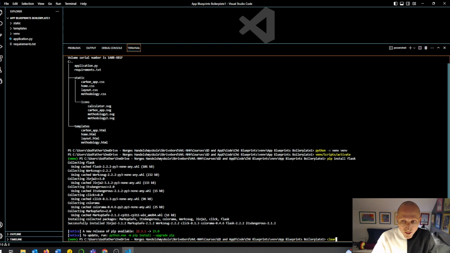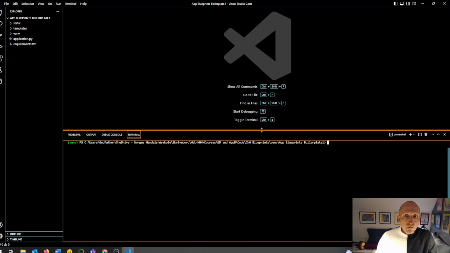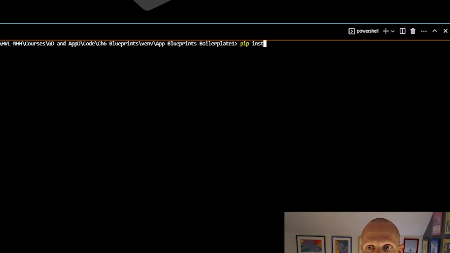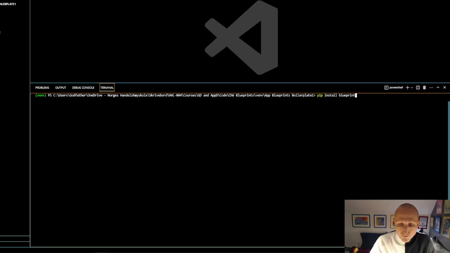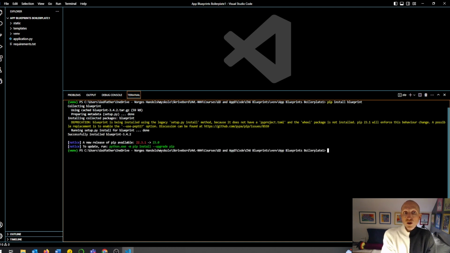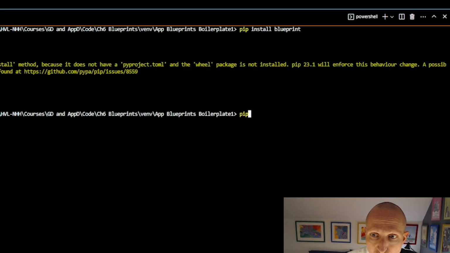And now I want to clear this, and I want to minimize this a little. Then we have to install another package, pip install blueprint, because this is the package that we are going to use. Before we always used Flask, but now we need to add these two packages. If now we type pip freeze > requirements